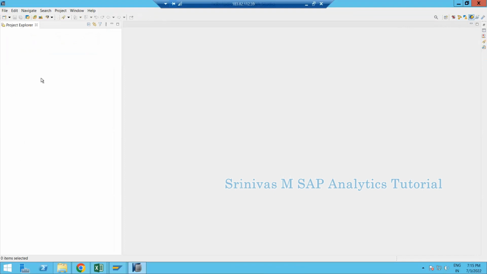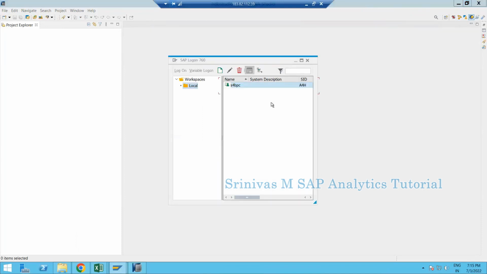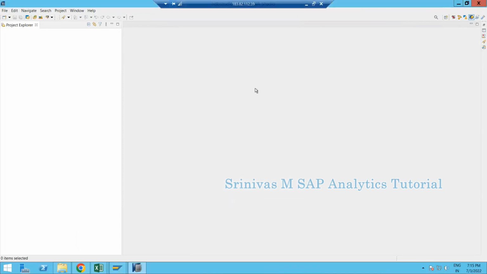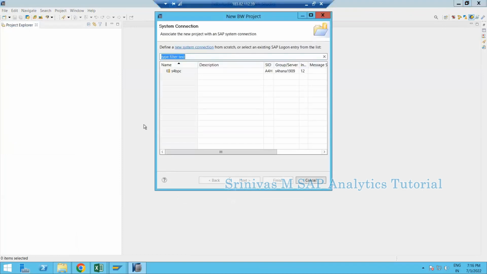How do we add our system to the project explorer? Before adding it here, first we need to add our system in the SAP GUI. We already have our system available in the SAP GUI. Since we are trying to do BW development, go to this drop down and create a BW project. Because you wish to work on BW, you must create a BW project. Then you need to select your BW system. This is my BW system, and clicking on next,